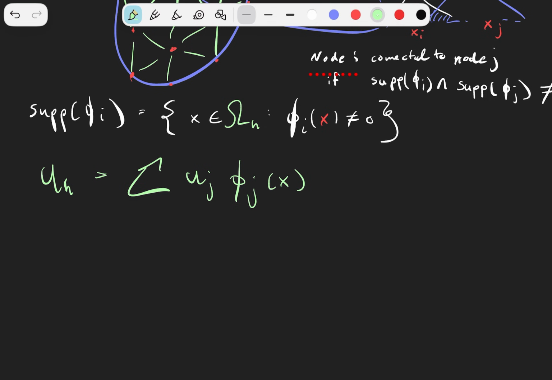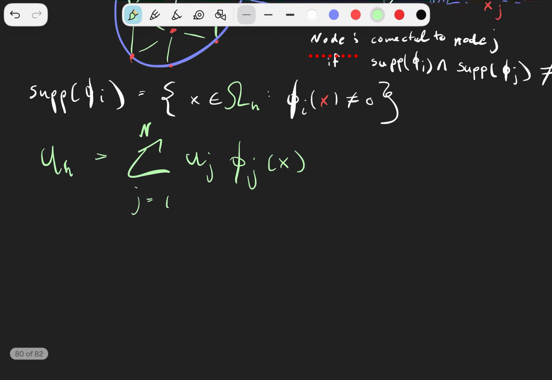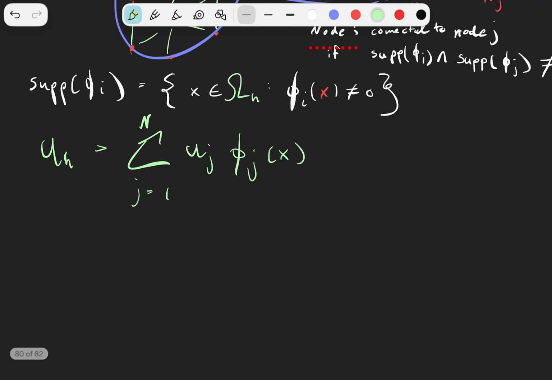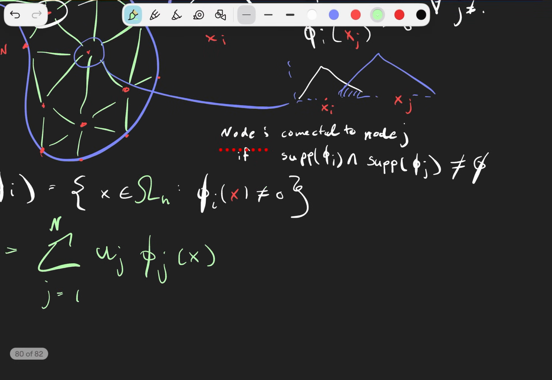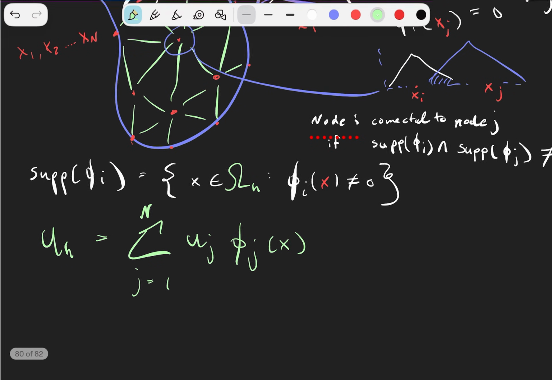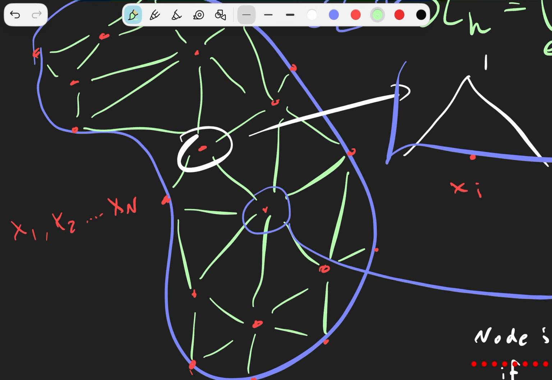And for some j is equal to 1 to n. And why can we assume that? The reason why is because, well, really, we're just guessing this. There should be a way to solve this based off of the discretized way, the discrete way that we have